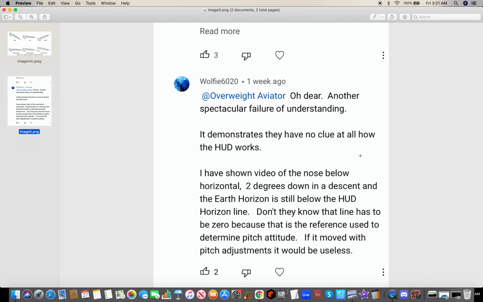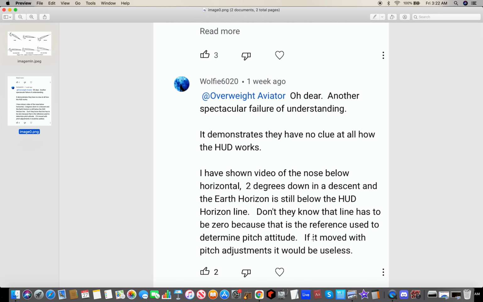So that's why he thinks that what he's writing here is some kind of a debunk of reality. It's like, this means it's not fact. No, he just doesn't understand. And if he just read his own comment, he'd see it. 2 degrees down in a descent, so he's descending at 2 degrees down, and the outer horizon is still below the HUD horizon line. Don't they know that line has to be 0, because that is the reference used to